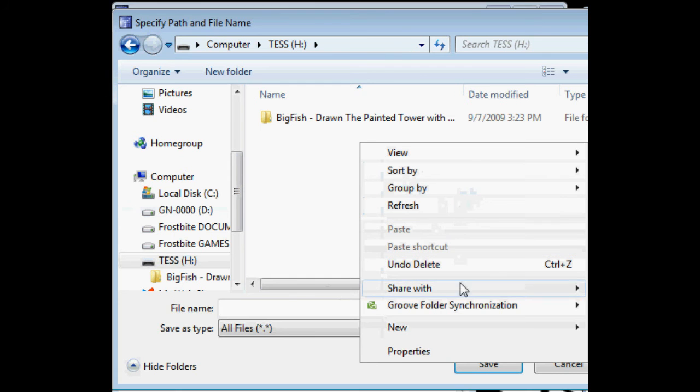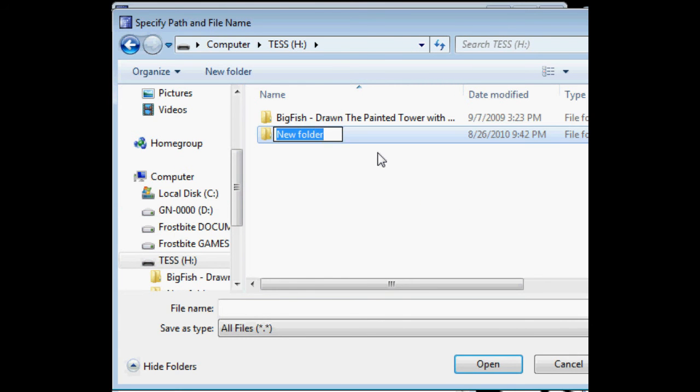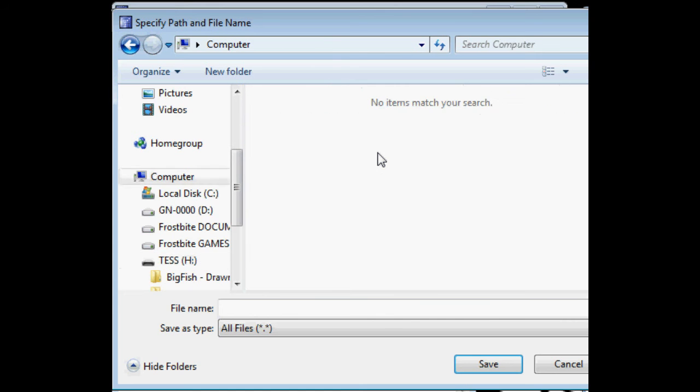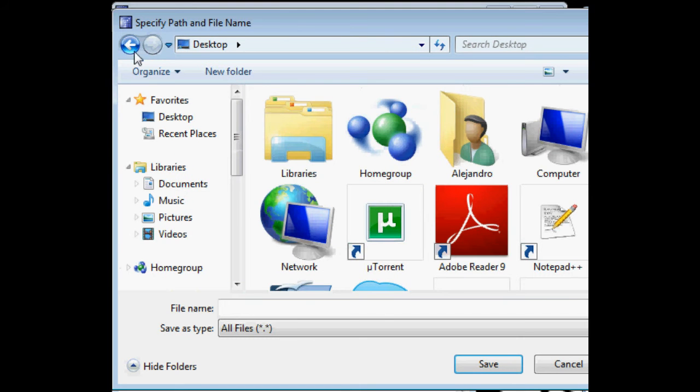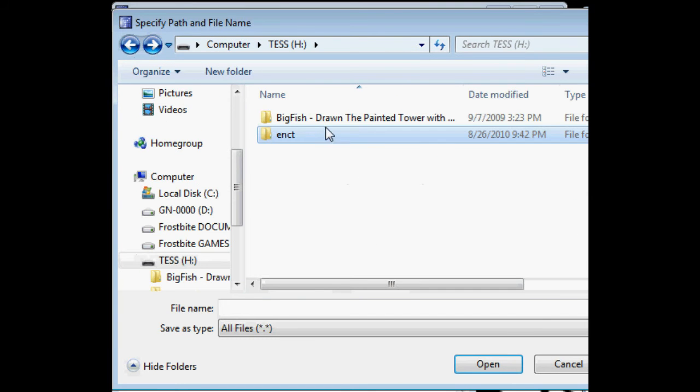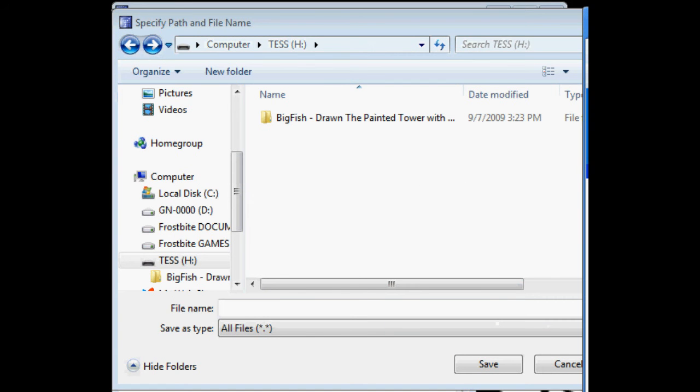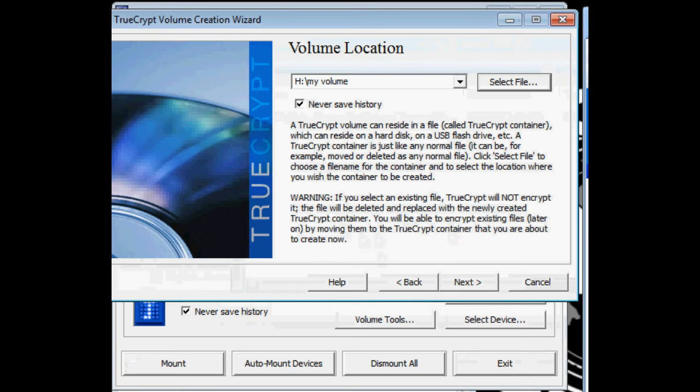Let's make a new folder. Oh, oops. Wait. No, delete this. Just my documents. Make a file name my volume. So there you go.